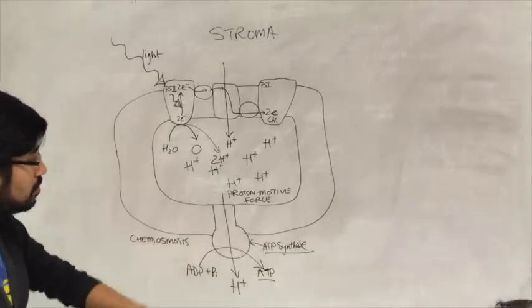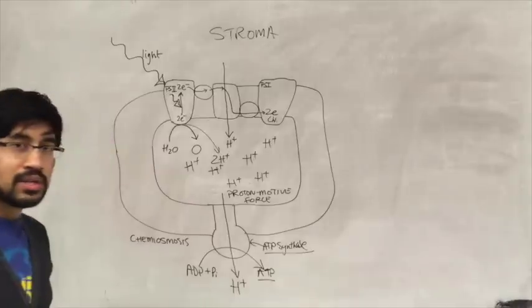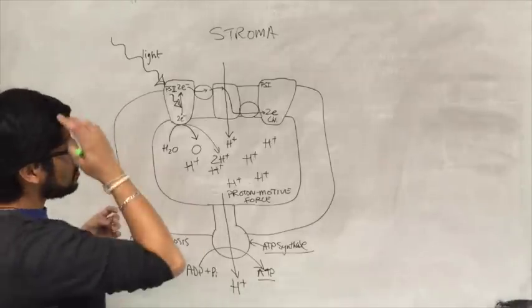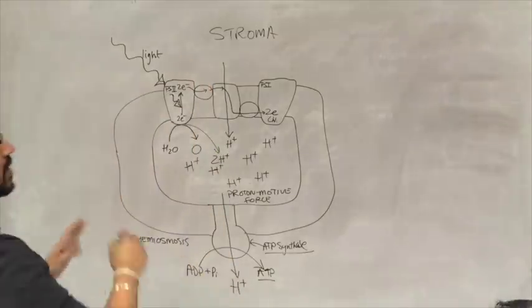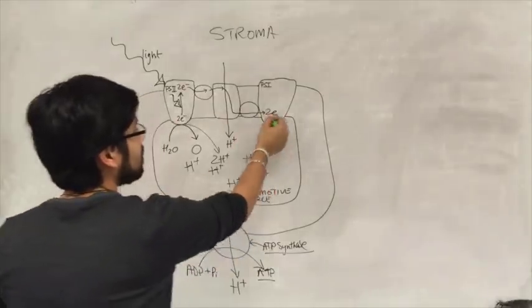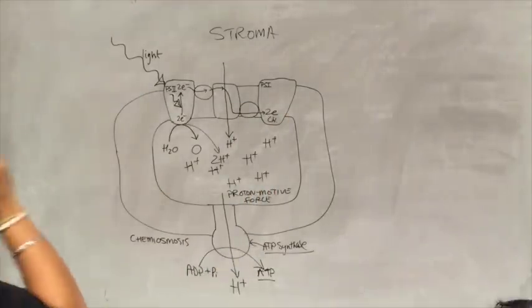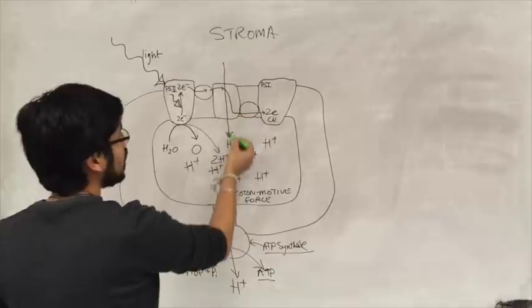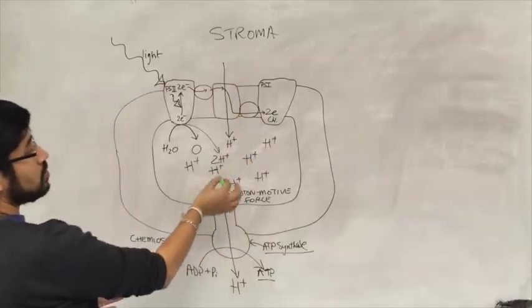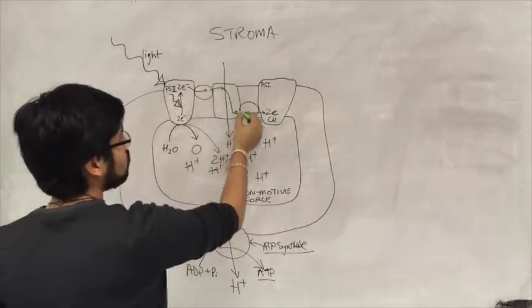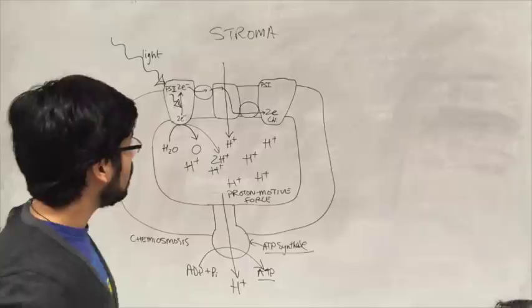So every time a proton moves out, ATP is made. Okay? So that's the point of that. Now let's go back and see what happens to these electrons. We said that in moving H+ ions into the thylakoid space, the electrons lost their energy, but then they